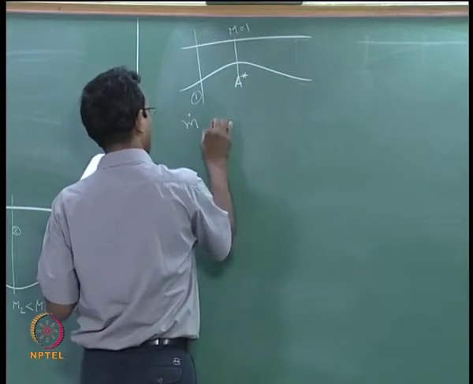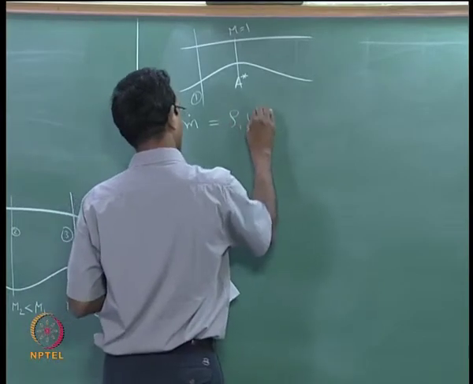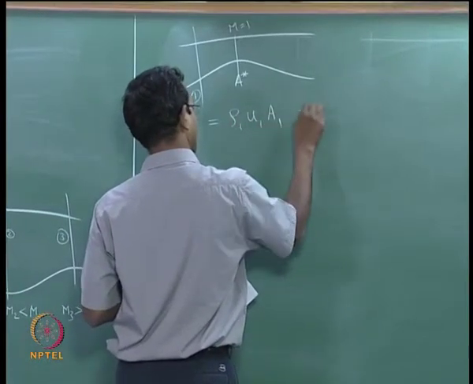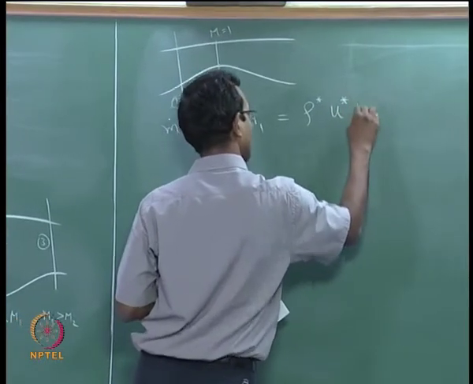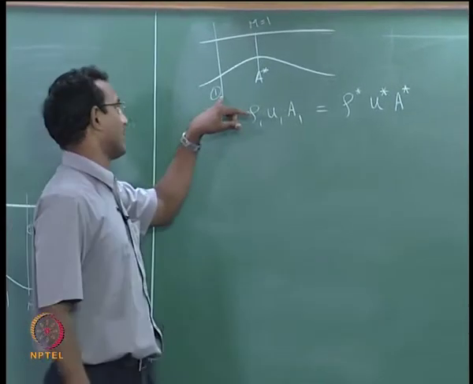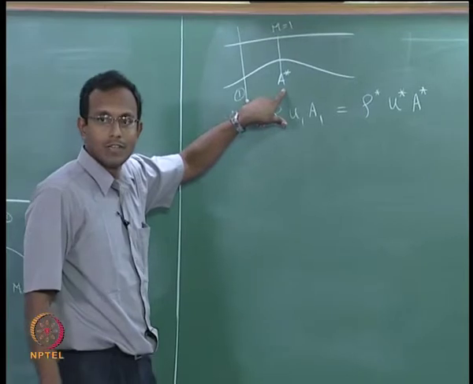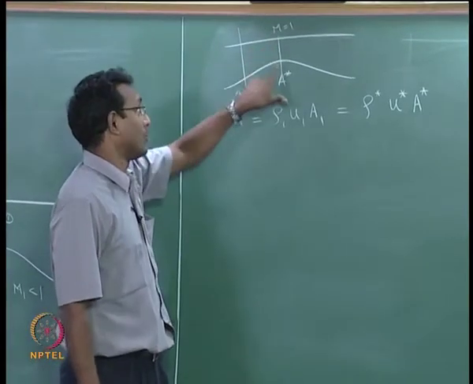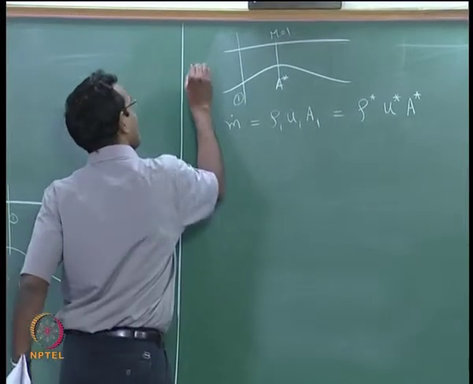I am going to pick this m dot, mass flow rate, equal to... I am going to write it like this. I am going to pick two conditions, 1 and star condition. I know that the flow is choked here, okay, and I also know